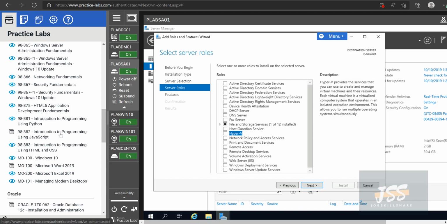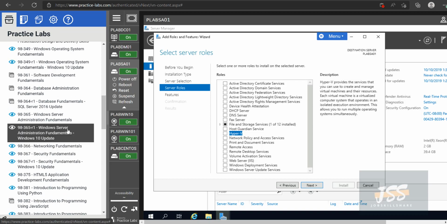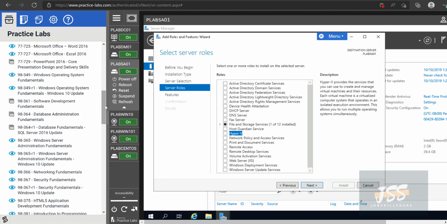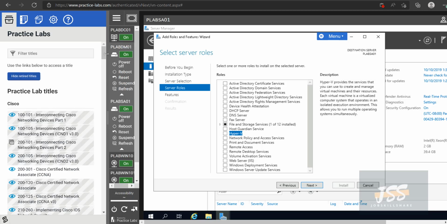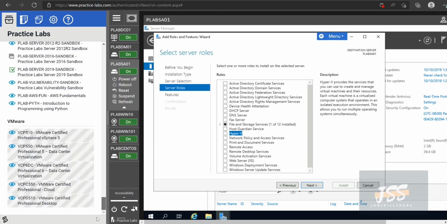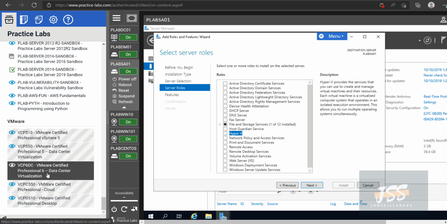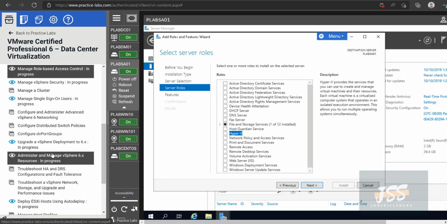from here, from Microsoft Server Labs, and there are different ones, and you can turn on the retired labs, which basically in JSS we don't call this expired or anything. It's a great lab too. You can go into this virtualization data center. But again, if you look at this right here,